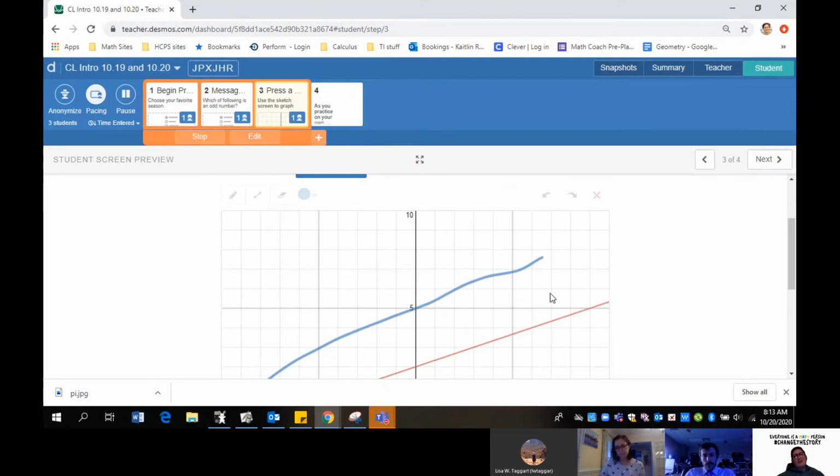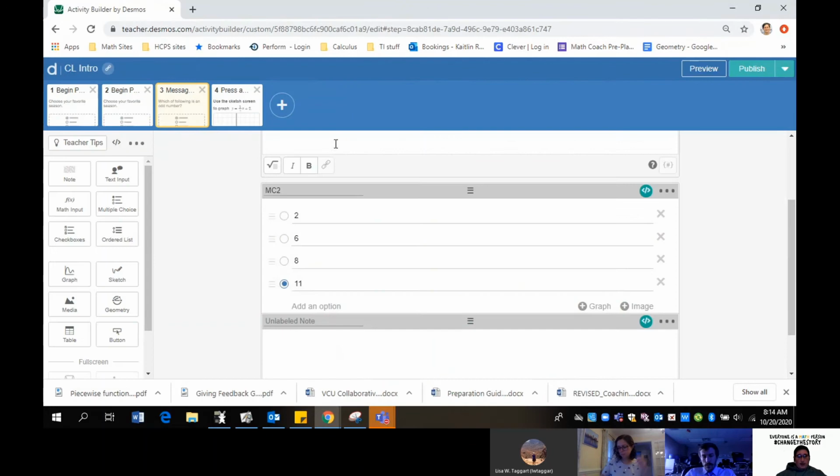Even if it's not a graded assignment, it still doesn't help you, because you don't know if that's what they came up with originally. You don't know if a kid did this right the first time, every single time, or if they did it wrong, then clicked the button, and then changed their answer. All right, so on this one,